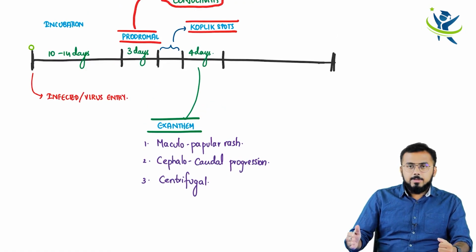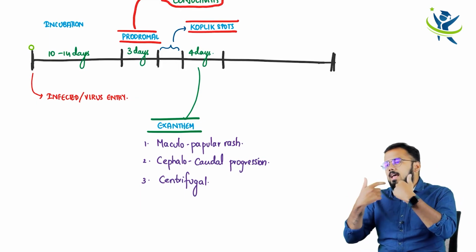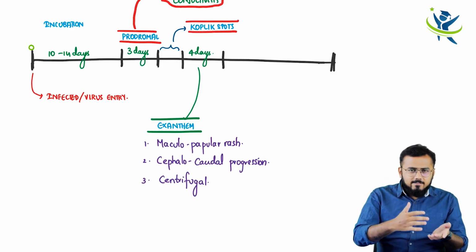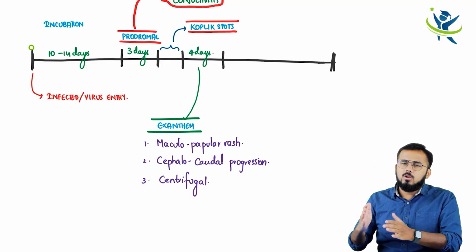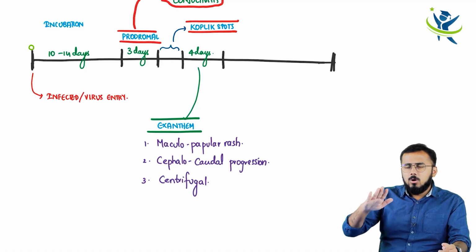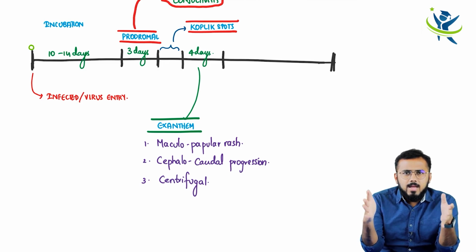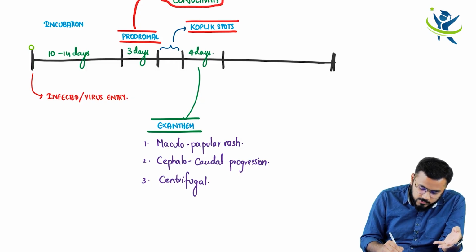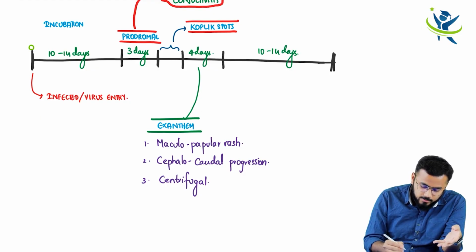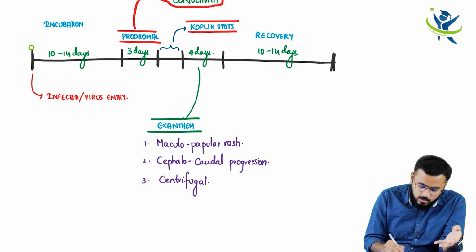Fine. After getting the rash, I will have high fever. Before that, the next day I will have spots in my mouth. After that, for 4 days I will have rashes, and then slowly the symptoms will resolve. Slowly the fever will reduce, the Koplik spots will reduce, the exanthem, the maculopapular rashes, will slowly go. So within the next 10 to 14 days I am slowly recovering from this problem. That is why I call this phase the recovery phase.